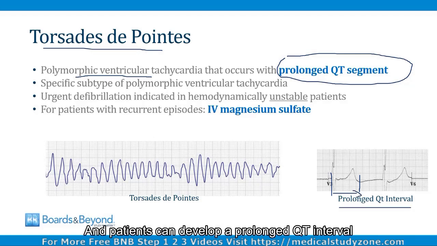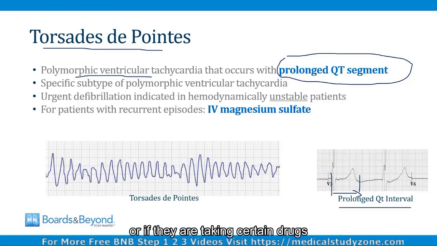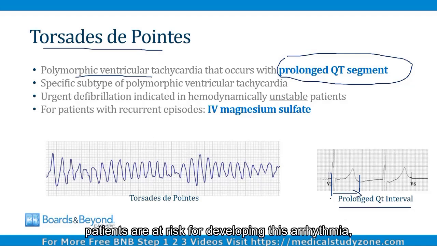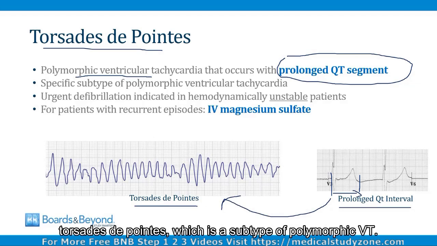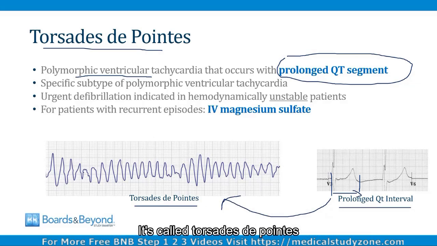And patients can develop a prolonged QT interval if they have abnormalities of potassium or calcium, or if they are taking certain drugs, especially certain antiarrhythmic drugs. When the QT interval becomes prolonged, patients are at risk for developing this arrhythmia, Torsades de Pointes, which is a subtype of polymorphic VT. It's called Torsades de Pointes because that term means twisting of the points, and you can